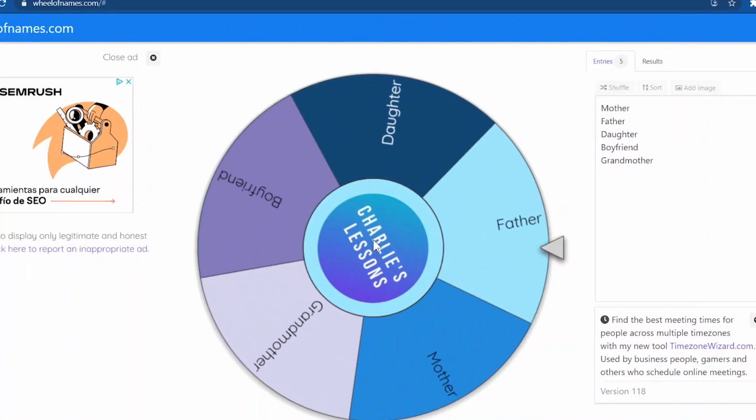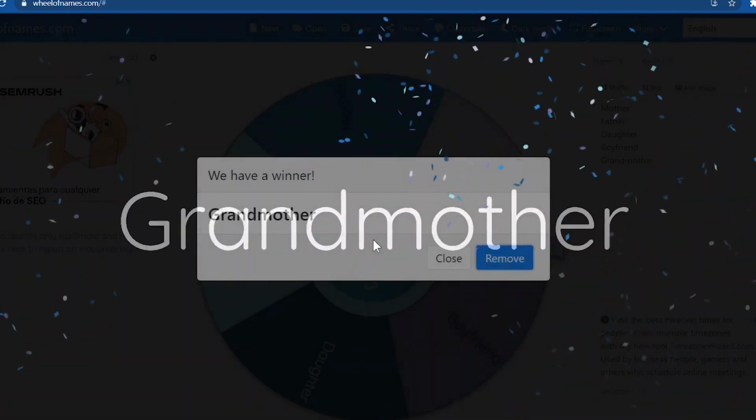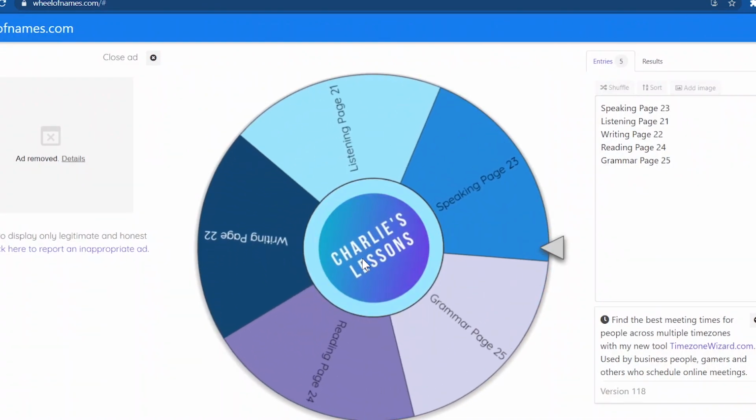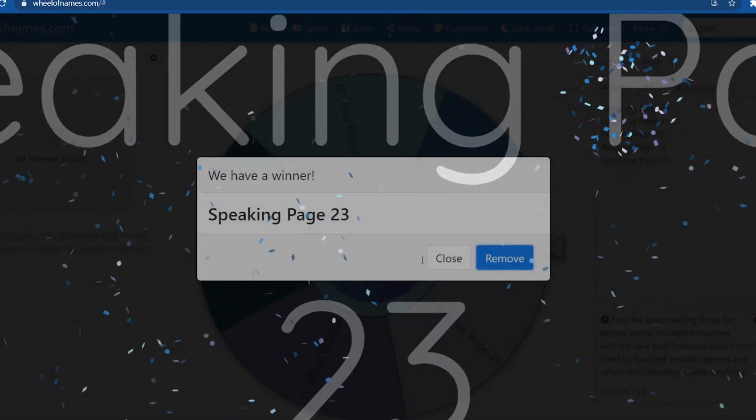Idea number 7, when I'm doing role plays with my students, I sometimes find it difficult to assign the different characters to the students, so I leave it up to the wheel to choose. Idea number 8 is something I've been trying recently, which is some kind of democracy in class where the students have a say in what we do. So I assign in the wheel different activities, and we get to choose 3 of the 5.